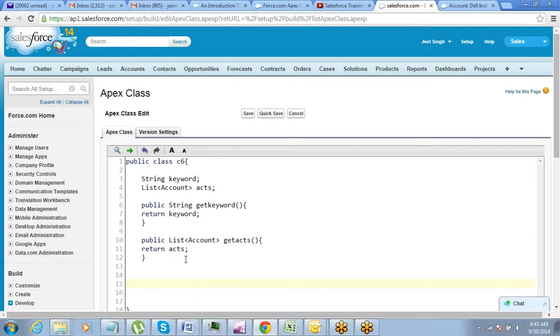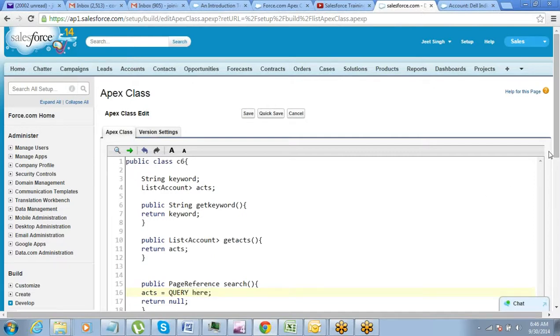So what we need here? We need a page reference, which will return null, and it will query here.